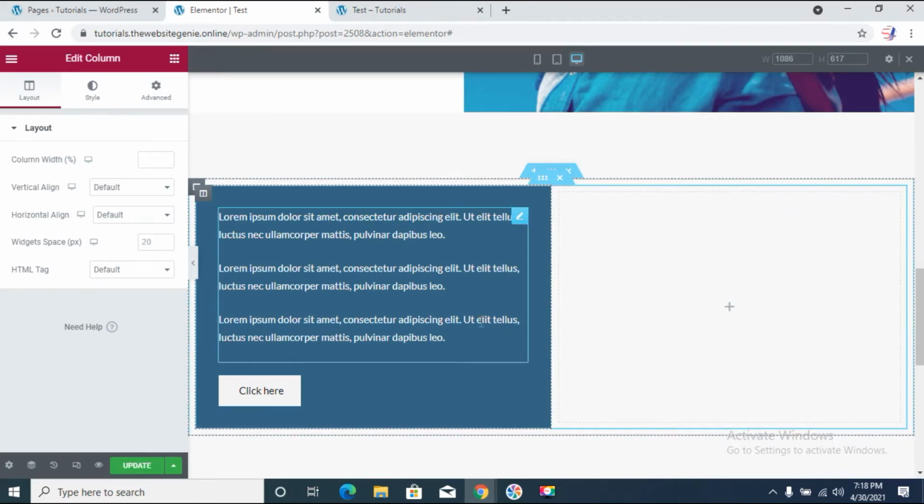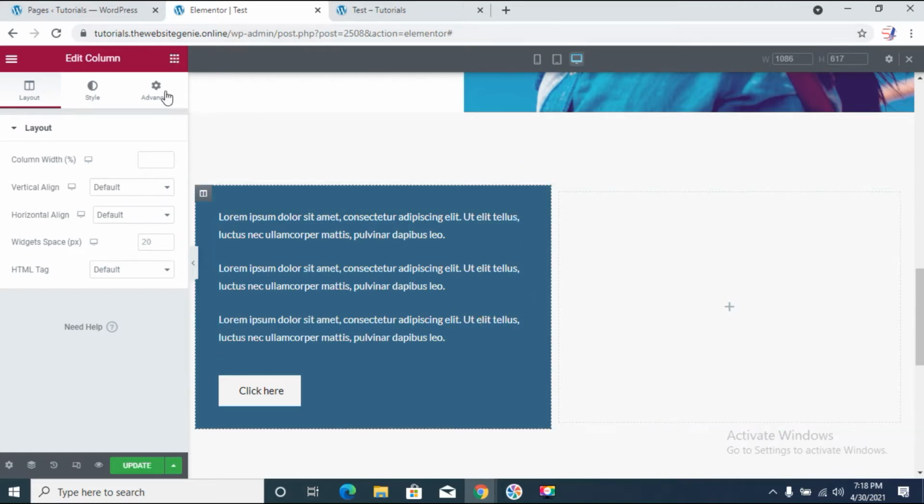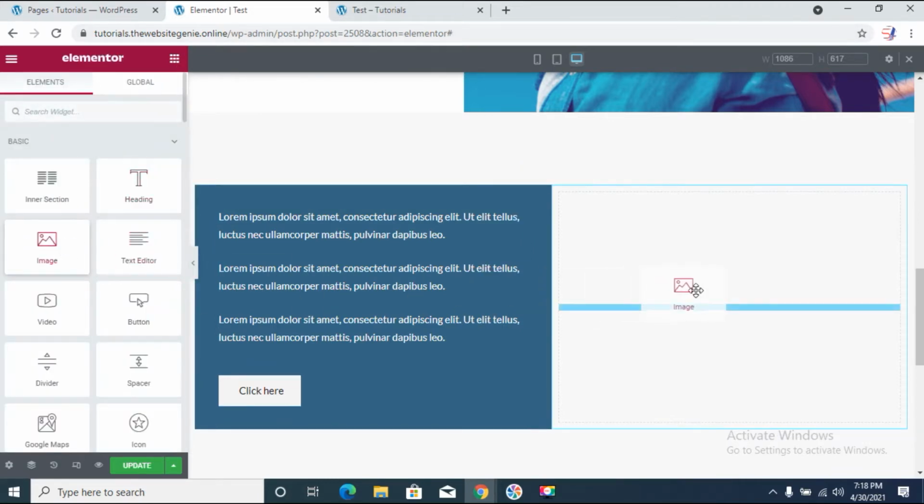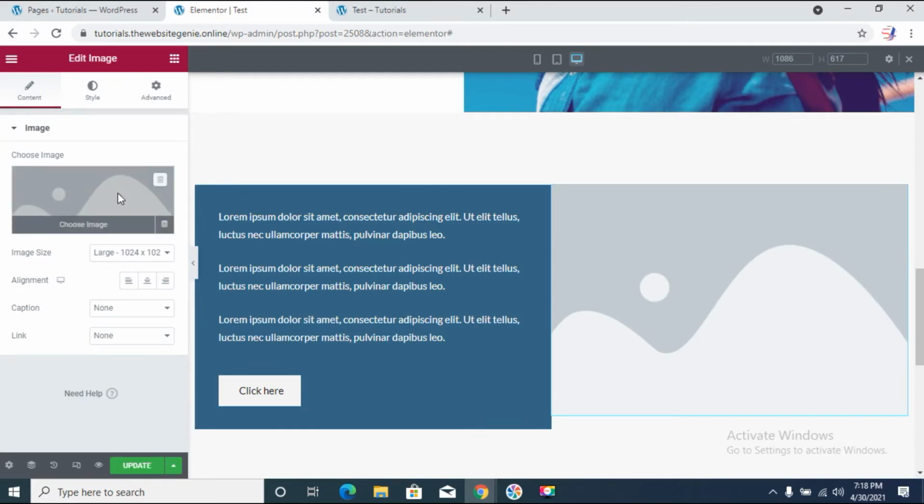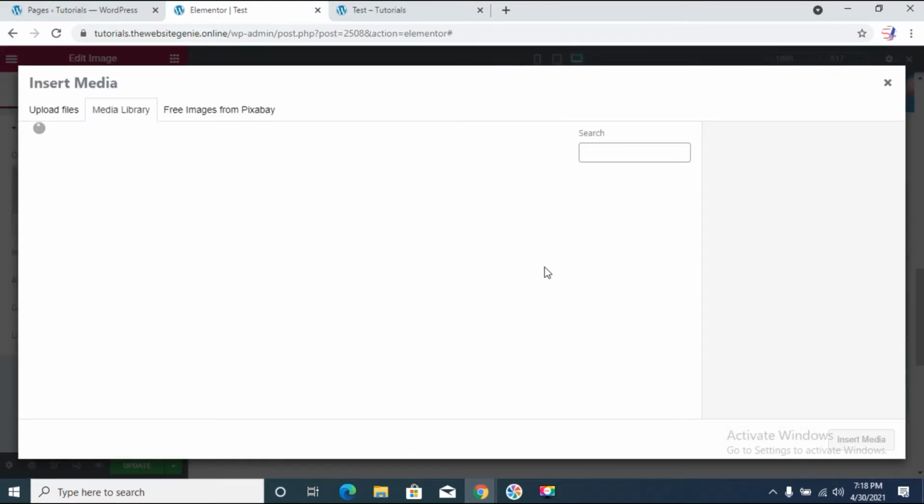Now guys, in order to achieve the overlapping column effect, we won't actually be using two columns, rather we would be using an illusion to create the overlapping column effect. So in order to create that illusion, we won't actually use an image in the column. For example, we can use an image here, so let's just see.